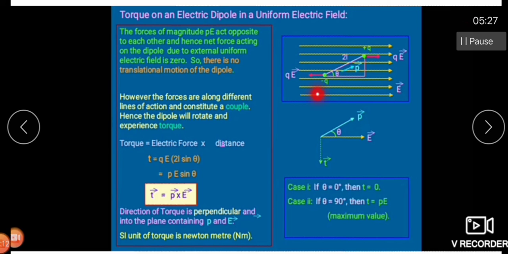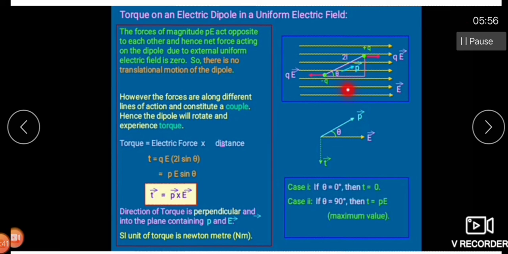This force is shown towards the negative axis, and from the formula E is equal to F upon Q, F is equal to plus QE along the positive axis. So these opposite and equal forces in magnitude act, and they will rotate the dipole